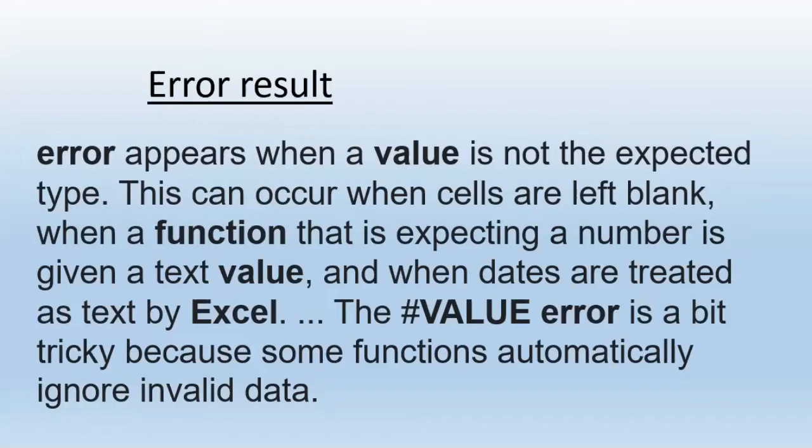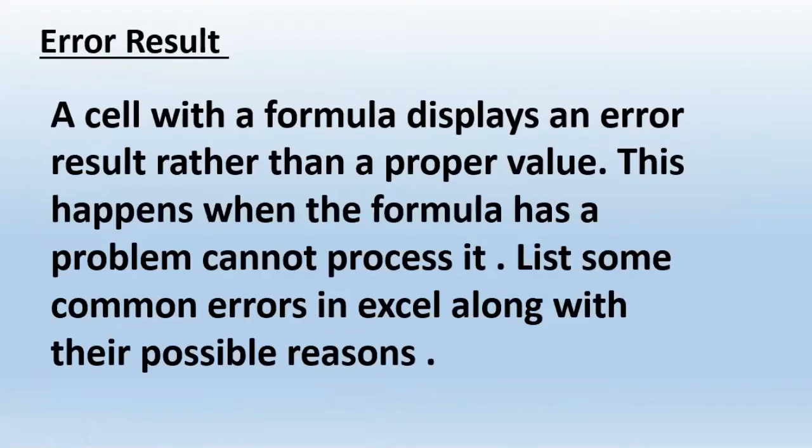Some of the time, an error result is ignored by the computer or by the program that you are using. It means that sometimes we are not writing the correct formula, so it will be ignored by the programming or by the help of that particular software we are working in at that time. But some of the values which are identified are not appropriate according to the formula, so it will give the error result, meaning that our result is not properly generated according to the values we gave to the system or computer.